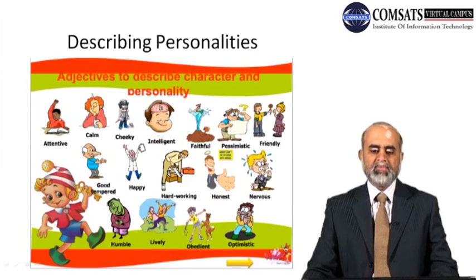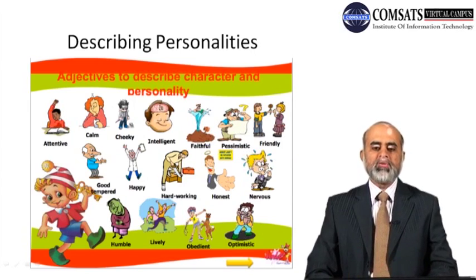Lively. Lively is an active and energetic person. Obedient, like a dog is obedient. Obedient is someone who obeys your orders. Optimistic is the opposite of pessimistic, someone who always looks to the bright side of the picture. So these are just few